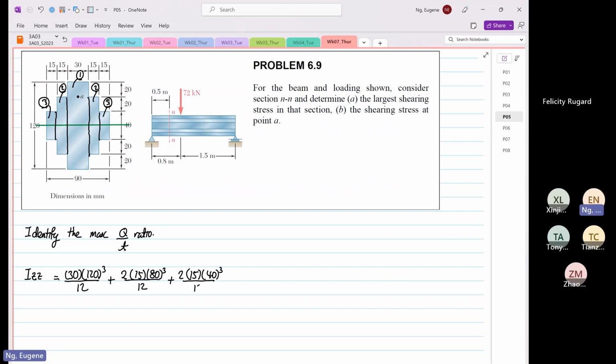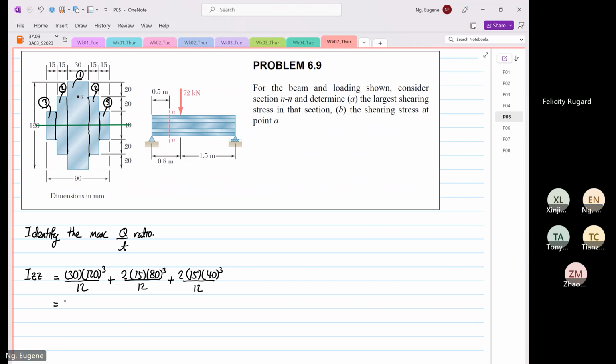So easy. This will be equal to 120 to the power 3 times 30 divided by 12, plus 2 times 15 times 80 to the power 3 divided by 12, plus 2 times 15 times 40 to the power 3 divided by 12, which is equal to